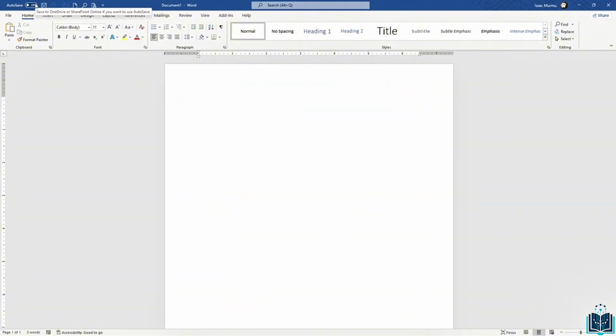Now let's look down at the very bottom of the screen. This is the status bar. It provides useful information about your document, such as the page number, the total word count, and